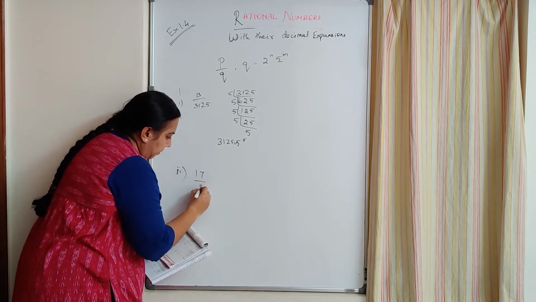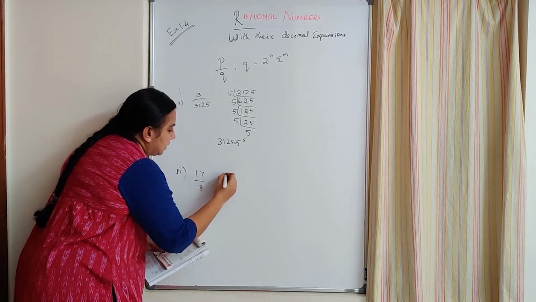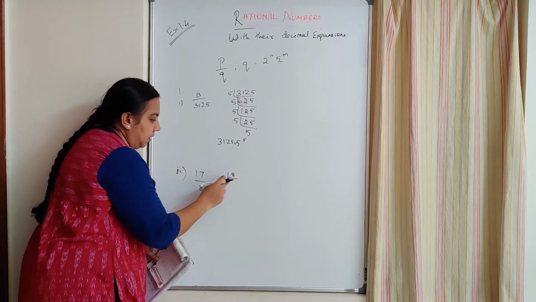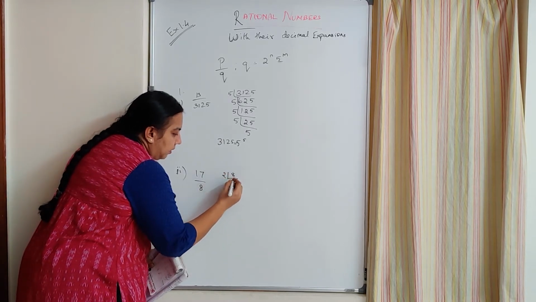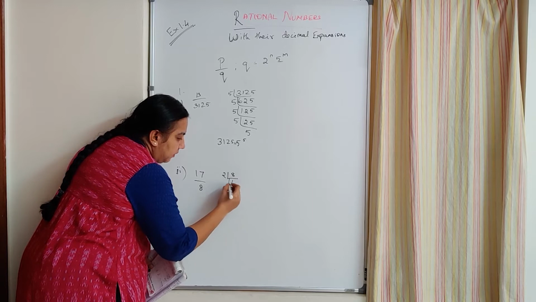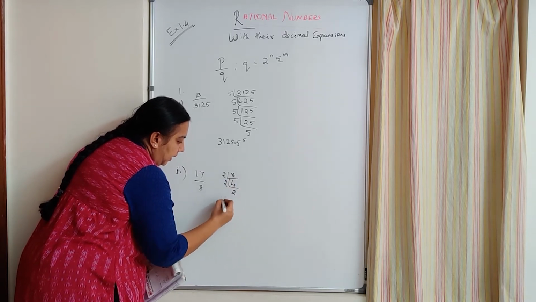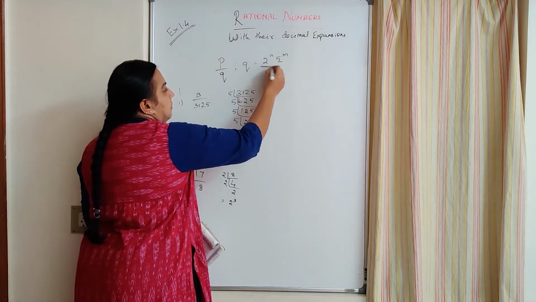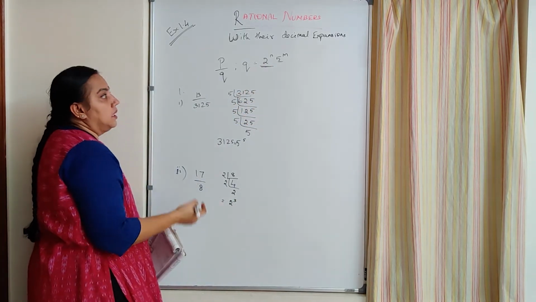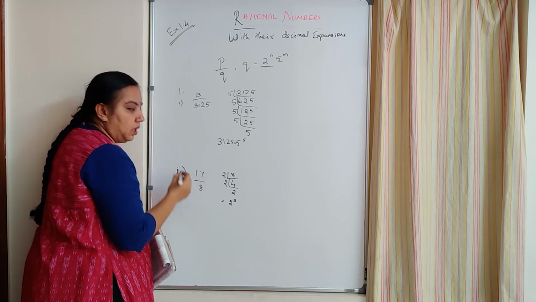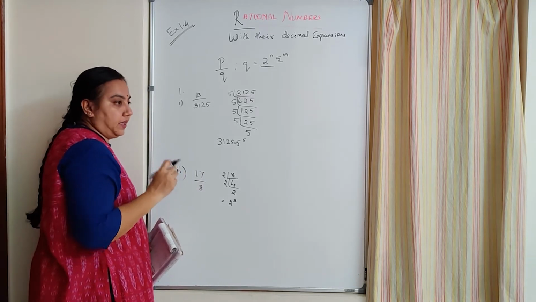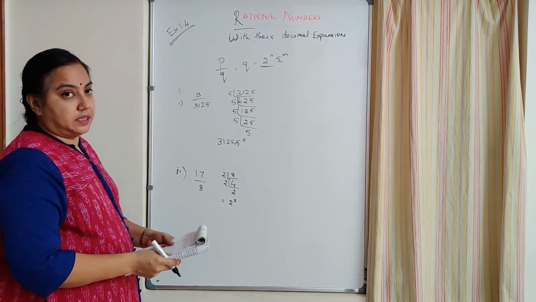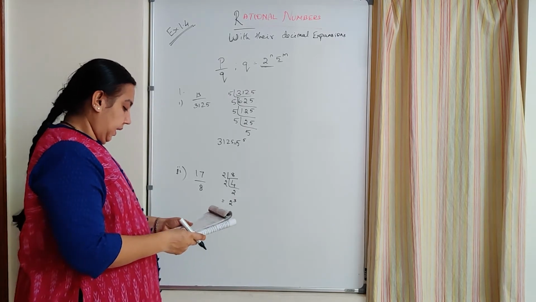This is the second sum: 17 divided by 8. I am doing prime factorization for the denominator 8, with the 2 table. Again I can write this number as 2 power 3. So this fraction also is going to give a definite result. It's not going to be a non-terminating decimal fraction. Okay. The next sum,